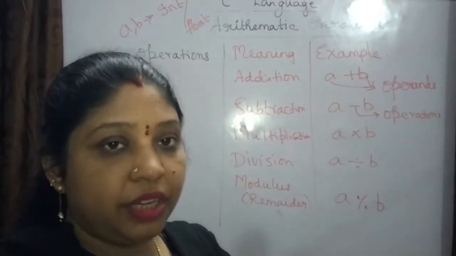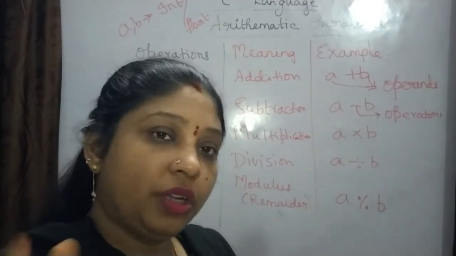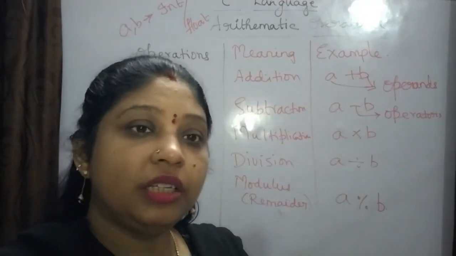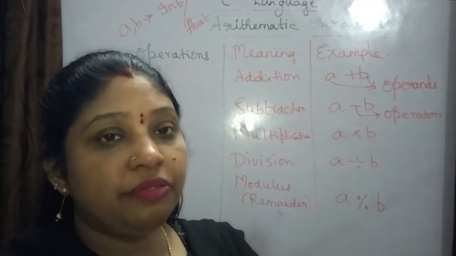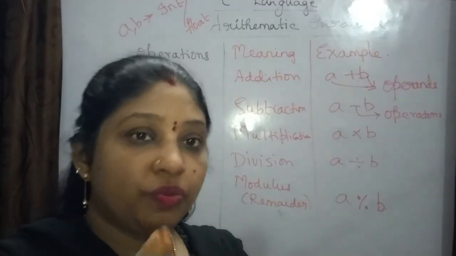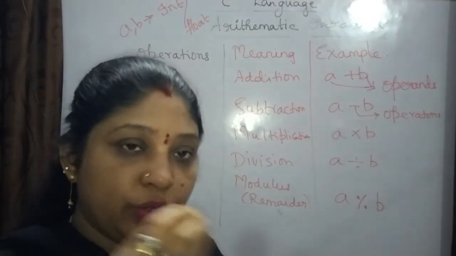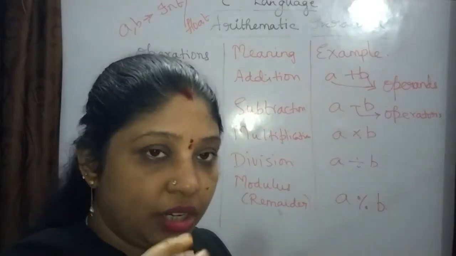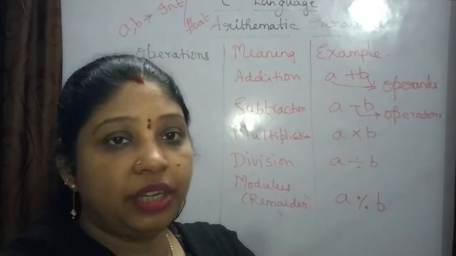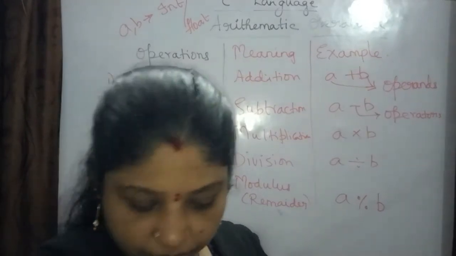The variables which you are using in the program, you can use integer data type as well as float data type. Integer data type will be whole numbers and float data type will be decimal points. I will tell you the expressions. If you use integer, what is the expression? If you use float, what is the expression? If you are using both at a time, then what will be the expression and what is that operation? I am going to explain now.